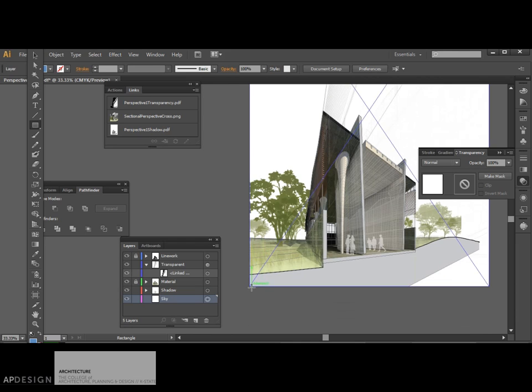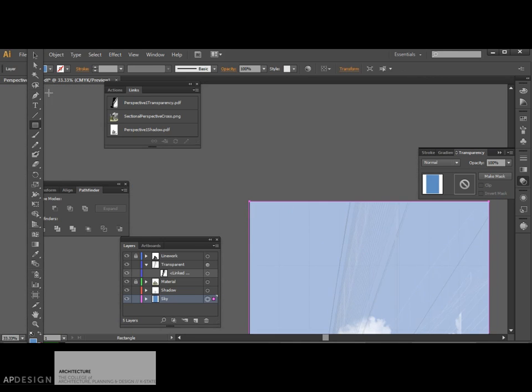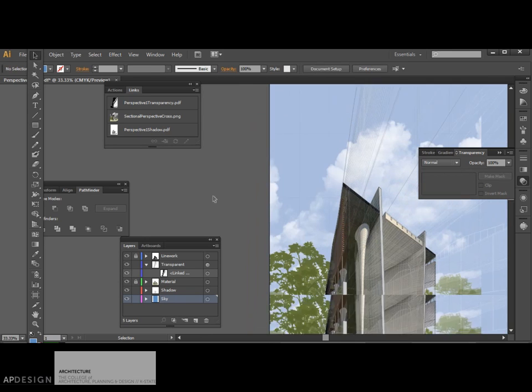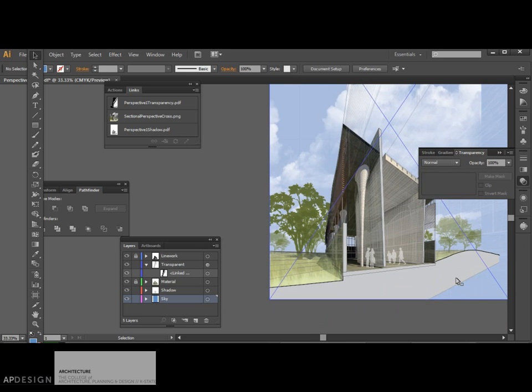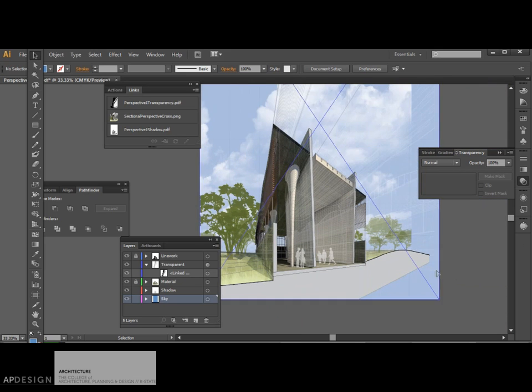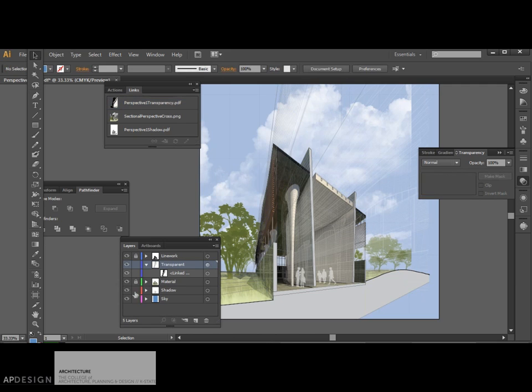So I'm just going to create a form. And you see it's already just given it that tone. And that's looking pretty good. Alright, so I'll just lock that one in. And if I wanted to,